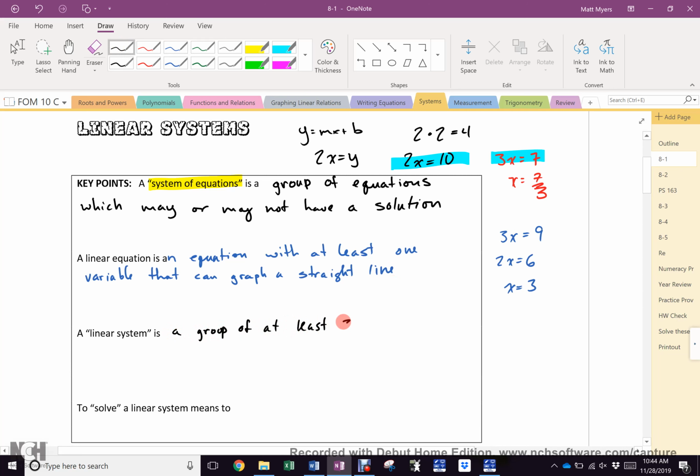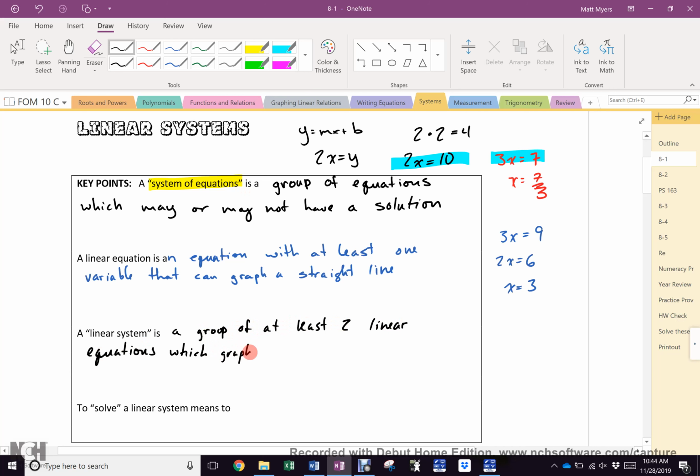Of at least 2 linear equations which what? What's missing from my definition? It's a system, a group of at least 2 linear equations which